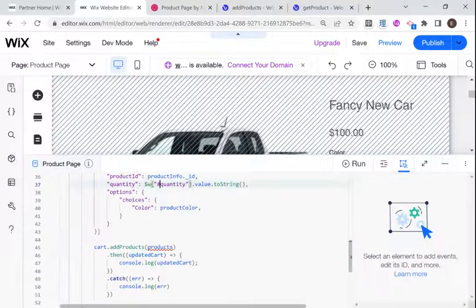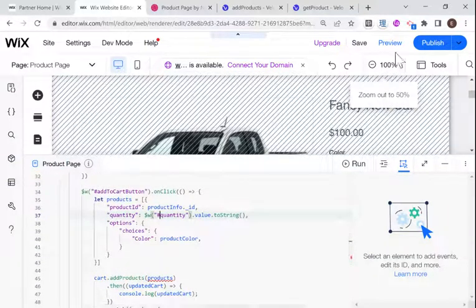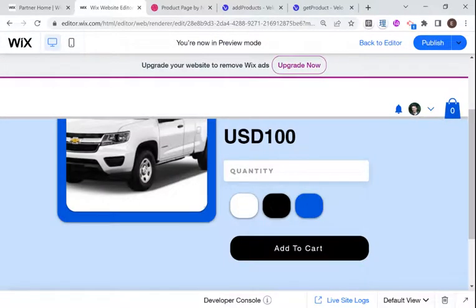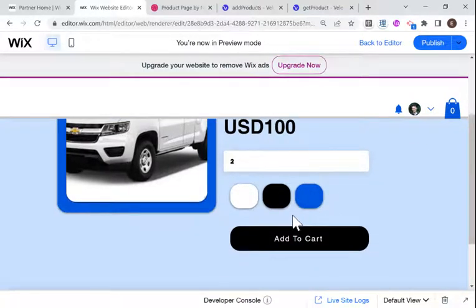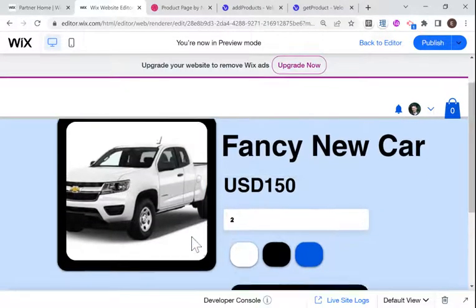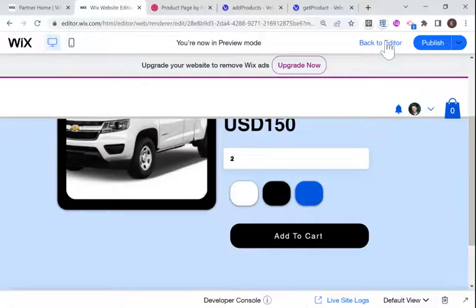Excellent. Format that. And let's try it out. So I'm going to go into preview mode here. Great, let's set our quantity to 2. Let's pick color black, and let's click add to cart and see what happens. Error, invalid quantity should be rational and greater than 0. Okay, let's